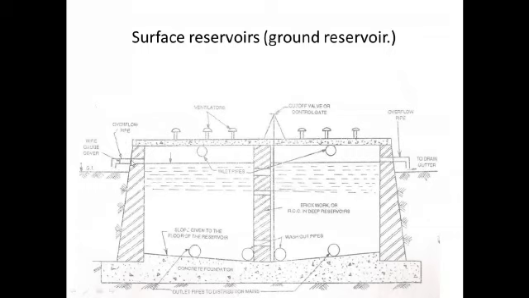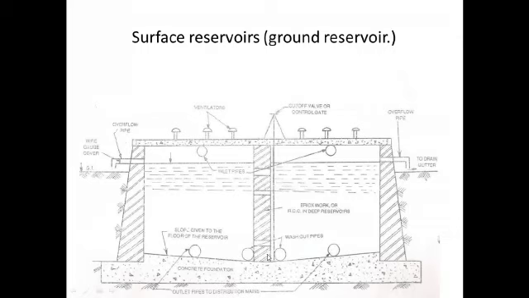and also you can see here this is the overflow pipe and this is the inlet pipe. These two are the inlet pipes, and there is a compartment here, and also you can see the outlet pipes which are connected to the distribution mains. And also a slope is given here, because when the water is stored here, there is a chance that some amount of dust etc. may get deposited, so that will collect here, and due to this slope it comes to the center, and while washing it will be easier.